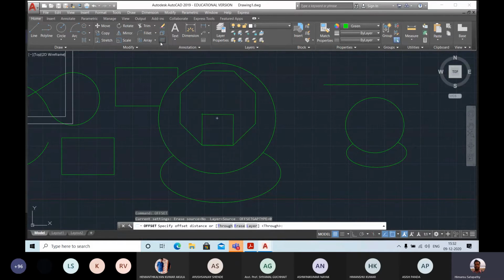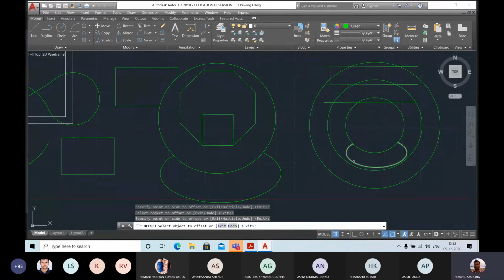Then it is asking, please read the command line. The command line is showing the offset distance. You mention this offset distance. If I mention 50 mm, enter. Now I can select the line this way, and I can draw offset parallel lines. You can see I can draw an offset onto this circle also.